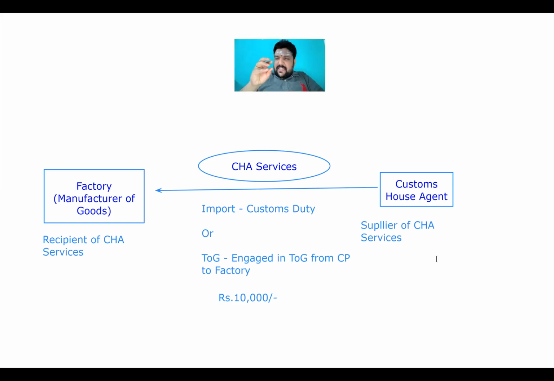Similarly, CHA, who is the supplier, recovers exactly the same 10,000 rupees from the recipient. The recipient pays exactly 10,000 rupees. The benefit of transportation of goods service, the benefit of customs duty, that is the import of goods, all that benefit goes to the